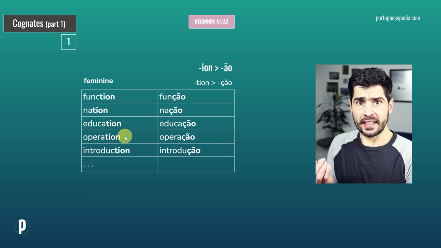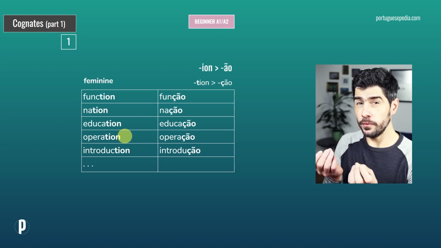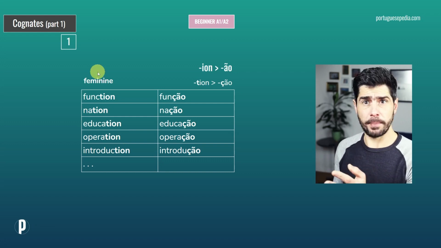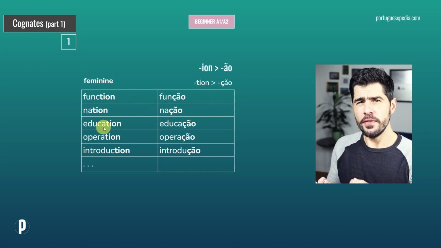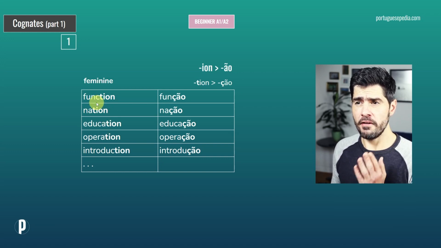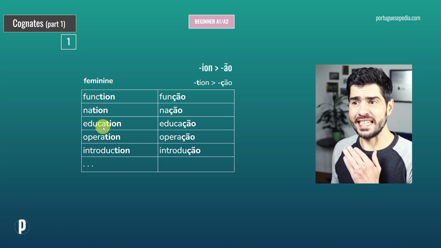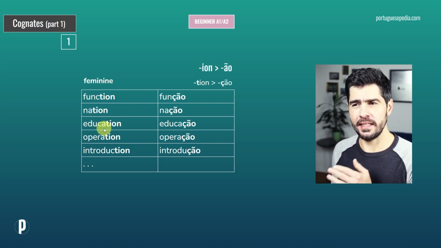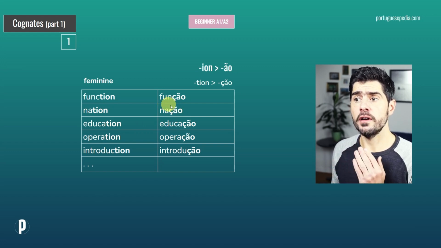And you see that they are cognates. There is a pattern here. There are a few differences. Well, the spelling is obvious, you are looking at the spelling, but the pronunciation, the word stress, for instance, in English, we are stressing the function, this first syllable here. Or education. So it's actually the next to last syllable we stress in English. Whereas in the Portuguese cognates, it's the last syllable where we put the stress. So função,